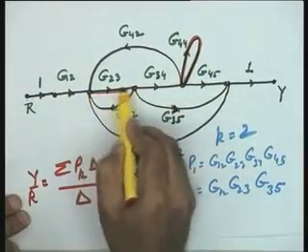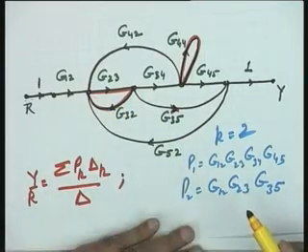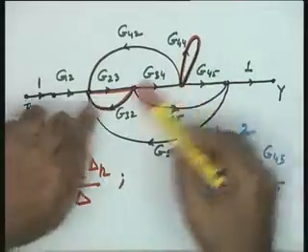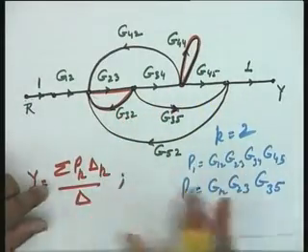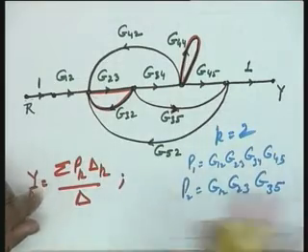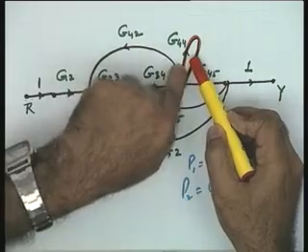G23, G32. Okay. This is very clearly a pair. There is one more, it appears. So it means the product of these two. So in the formula what will happen? 1 minus the bracket which has sum of all the loops plus start a bracket. It is G23, G32 into G44.